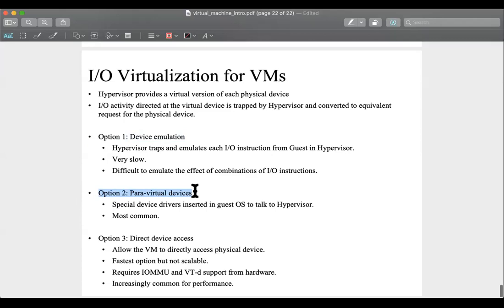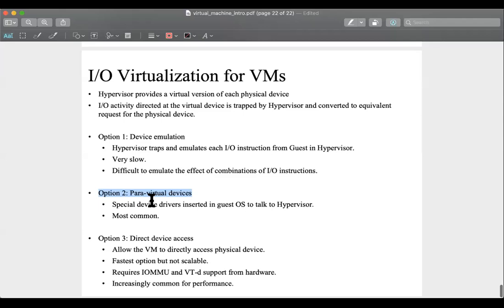And this approach makes a lot of sense. We are sacrificing the transparency part to get better performance. Okay, so this makes a lot of sense for IO devices. So ParaVirtual Devices means that we insert special device drivers inside the guest OS that tell the guest OS, hey,